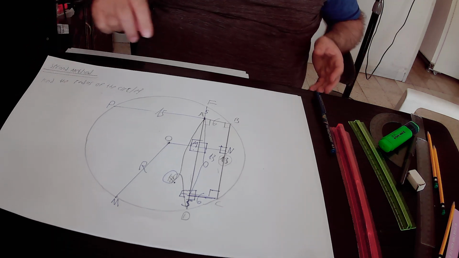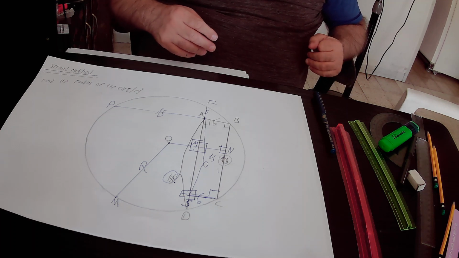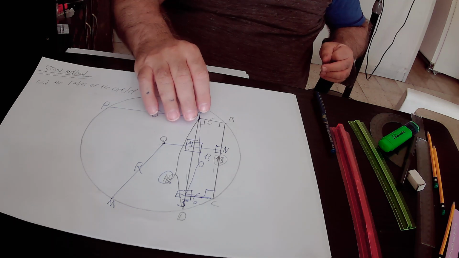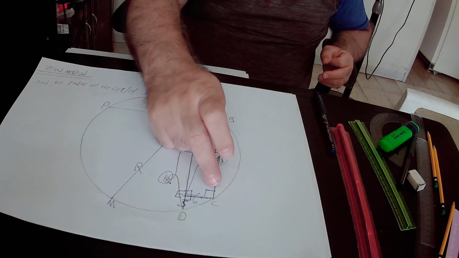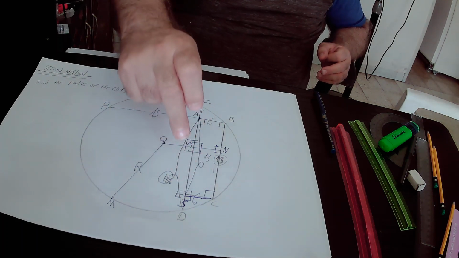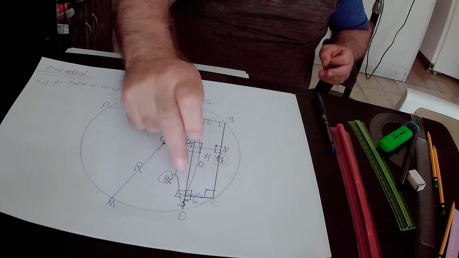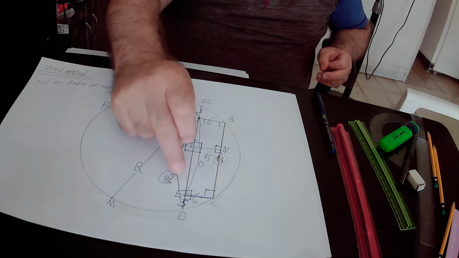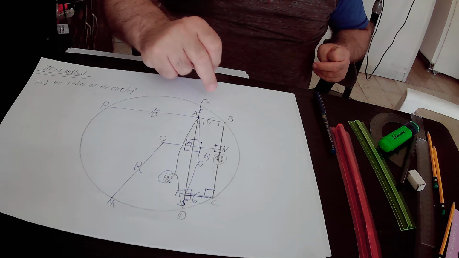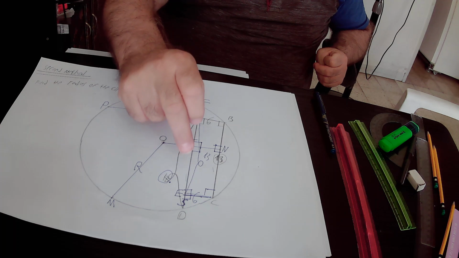The second method to find out the radius of this circle. Here we did the things that we did already in the first method, that is to say from point C we draw perpendicular on AD, this angle equals 90 degrees and this angle equals 90 degrees according to our construction. We define the touching point of the perpendicular from point C and AD as E. Here, by doing this construction, we created quadrilateral ABEC